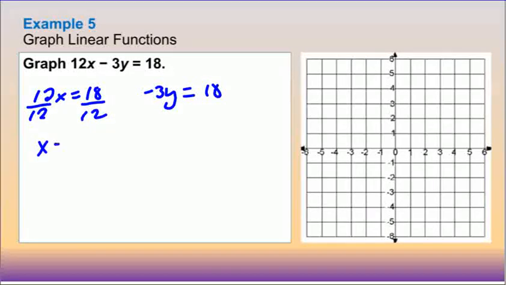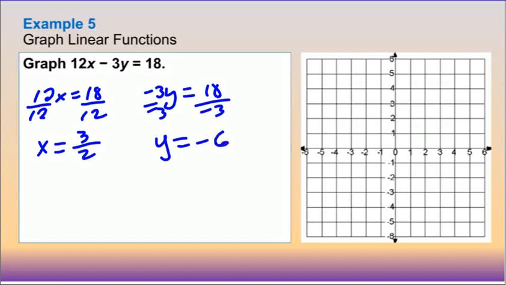I would get x equals 18 over 12. I divide that by 6/6, and I get 3/2. Here I divide by -3, and I would have y equals -6. Could I plot those? 3/2 is 1.5. So I could go 1.5 here, and then the y-intercept is at -6. I would have my